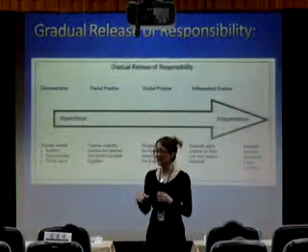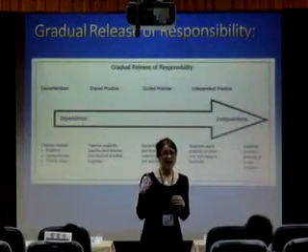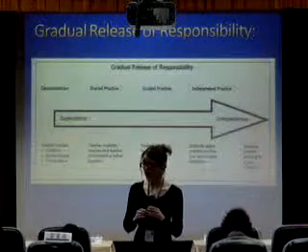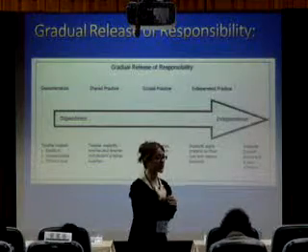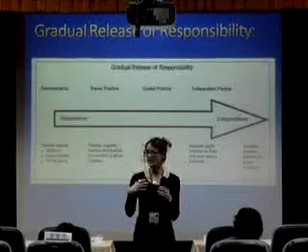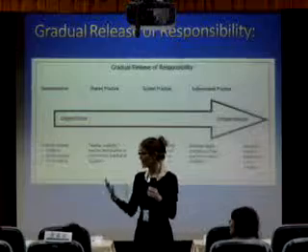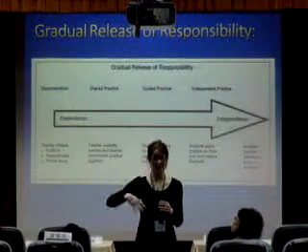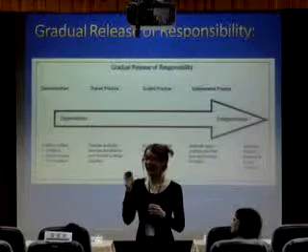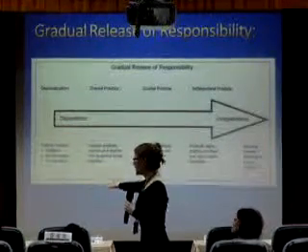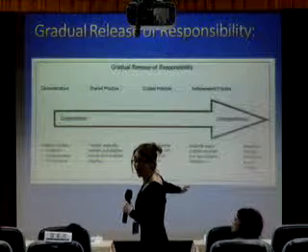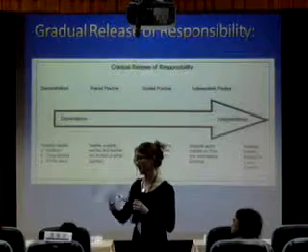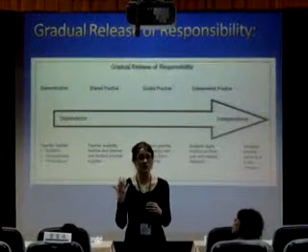Gradual release of responsibility. What I do as a teacher is I begin by saying, I'm going to do it. I'm going to demonstrate, I'm going to show you how it works. Then we're going to practice together. I'm going to do it while you give me some suggestions and feedback. And then I'm going to get you to do it together and give each other some feedback and suggestions to support each other. And I'm not going to ask you to do it in front of the entire class by yourself until you've had time to practice, practice, practice.